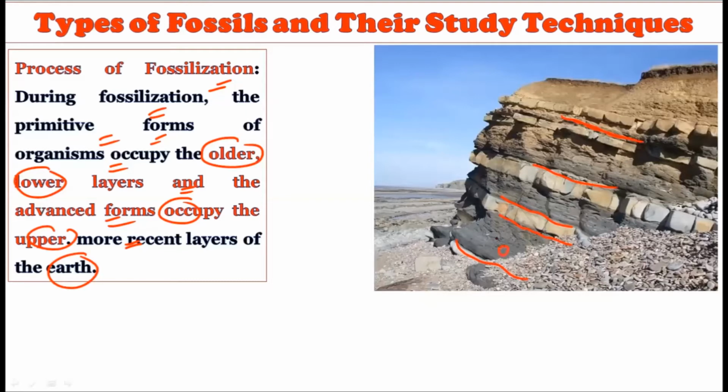If you find a fossil here at the bottom, at the lower end, these are the ancient fossils, because this surface of this particular strata was exposed at the time when these particular organisms were living there. So the most ancient or primitive forms tend to occupy the older and the lower layers in the geological strata. This whole thing is the geological strata. The lower layer will always be occupied by the ancient organisms, while the upper layers will always be occupied by the most recent organisms. So for example, here you have found 5 fossils, here you have found 1 fossil, here you have found 5 fossils, and here you have found 10 fossils.